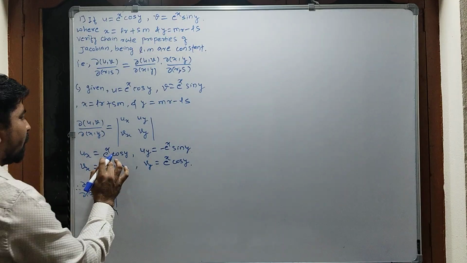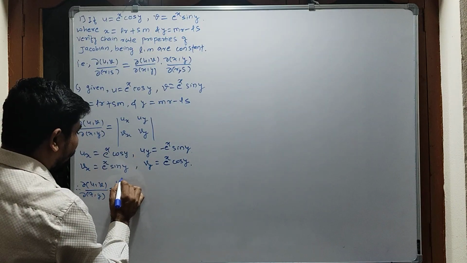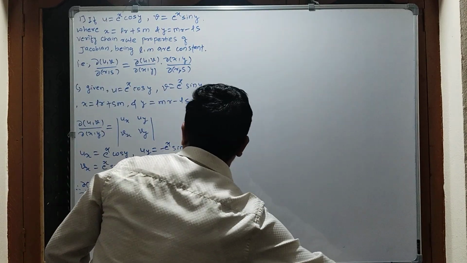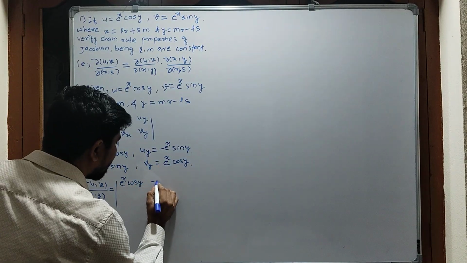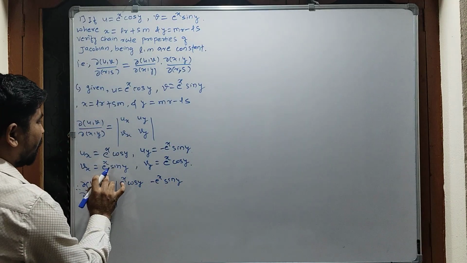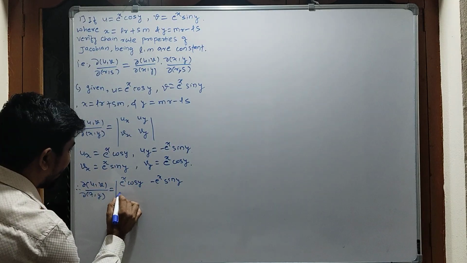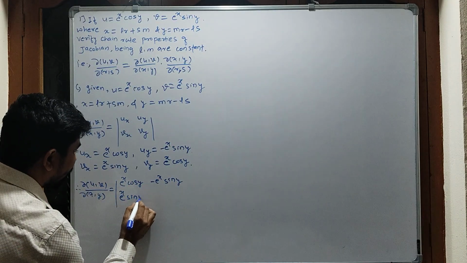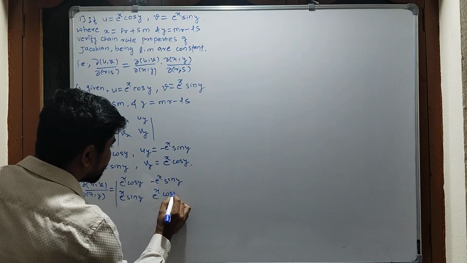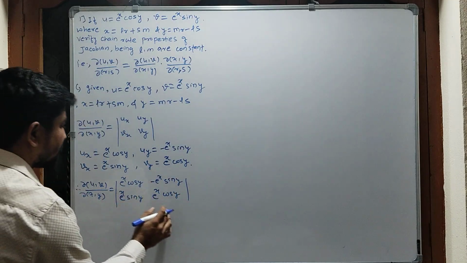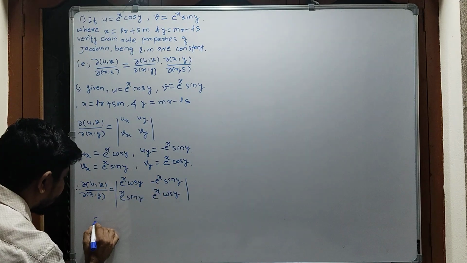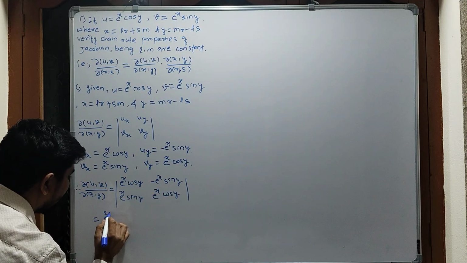now just put in the values. ux is e power x cos y, uy is minus e power x sin y, vx is e power x sin y, and vy is e power x cos y. So the determinant of this, that is the product, this into this minus this into this, which is equal to e power 2x